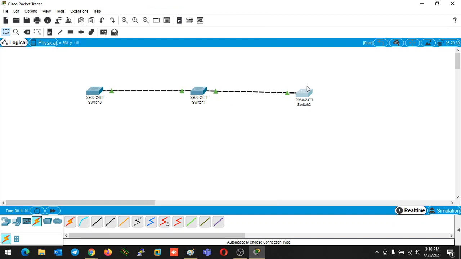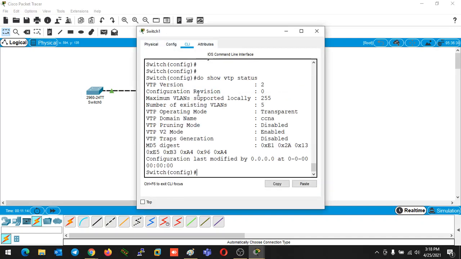So this switch, after receiving the message, does the same thing. The first time it receives the message, it configures the domain name. The second time it receives the message, it updates the VLAN database. The same thing is happening here. So in this scenario, as my device mode is transparent,